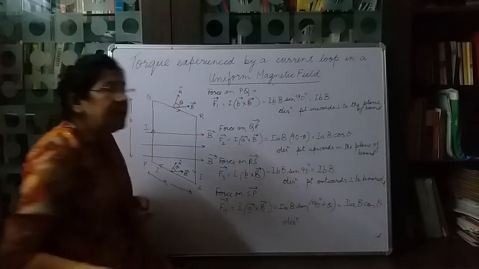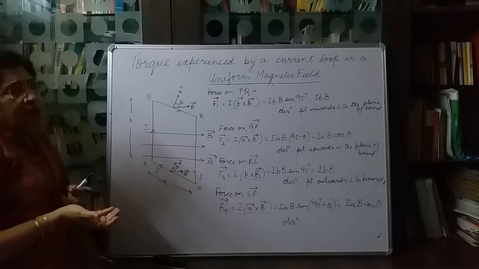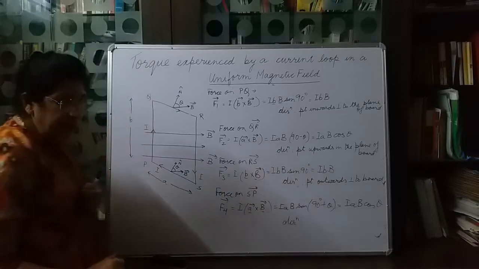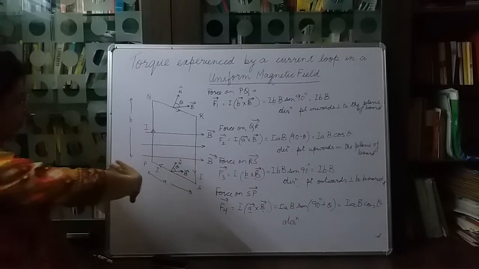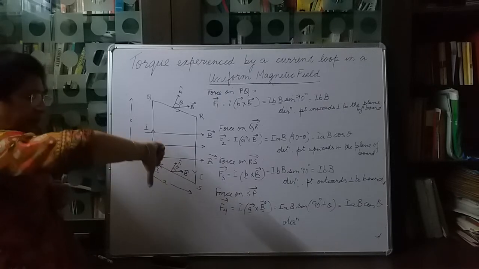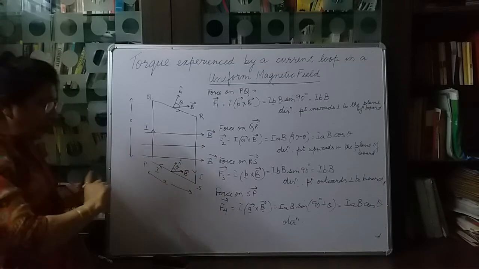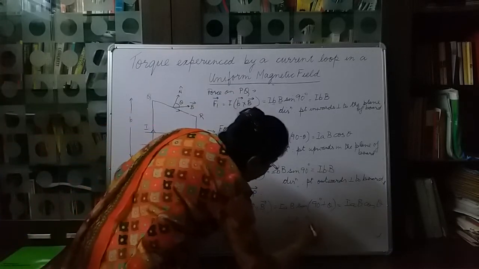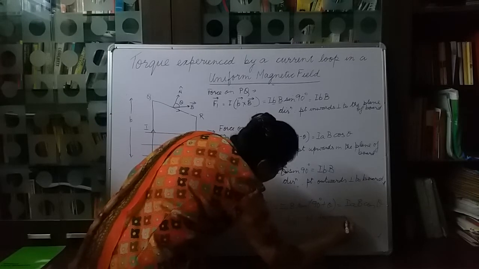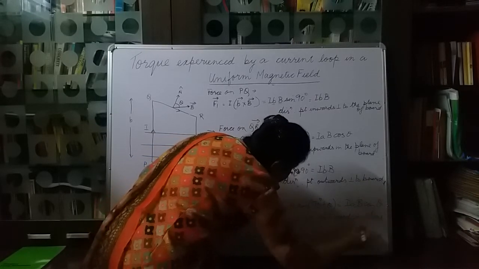Direction will again be given by right hand rule. The right hand rule is, we start from the first vector to the second vector. So starting from A, moving towards B, the thumb is pointing downwards in the plane of the board. So the direction is pointing downwards in the plane of the board.